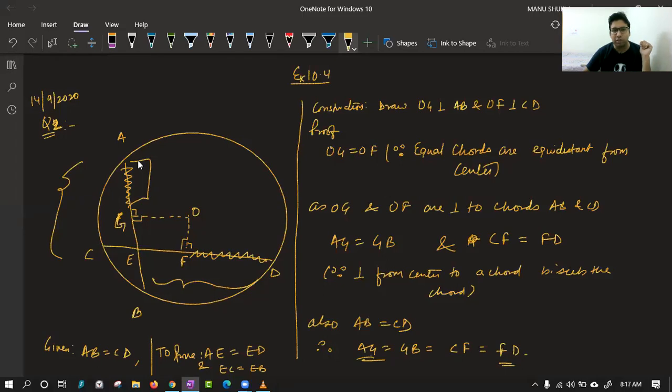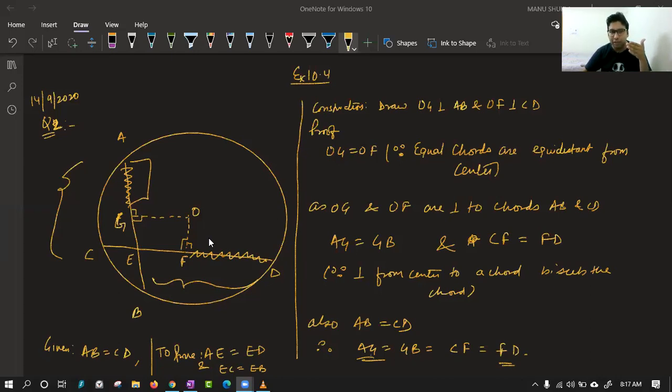So what is the remaining portion? Please tell. In complete AE and ED, what is the remaining portion? Yes. So as you see, in complete portion we have proved AG and FD. The remaining portion is GE and EF. We should try to think now in which triangles we can have GE and EF. Class, try to think in that way. If you see a triangle over there in which G is coming and a triangle in which EF is coming, you can prove them equal by CPCT.